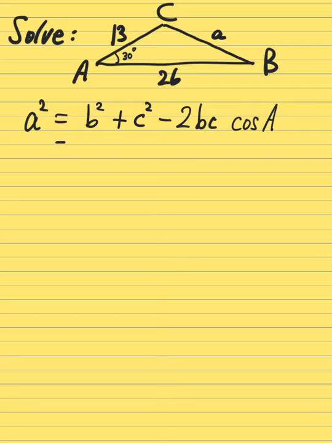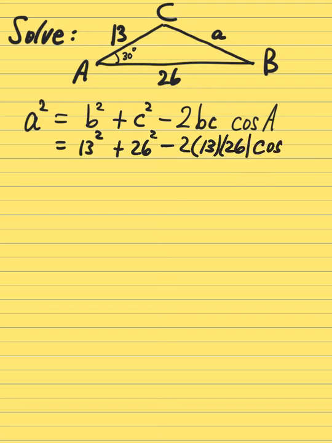All right, so B is 13. C is 26. Two times 13 times 26 cosine A. Yeah, I'm going to have to get the calculator out for this one. All right, so we've got A squared equals,